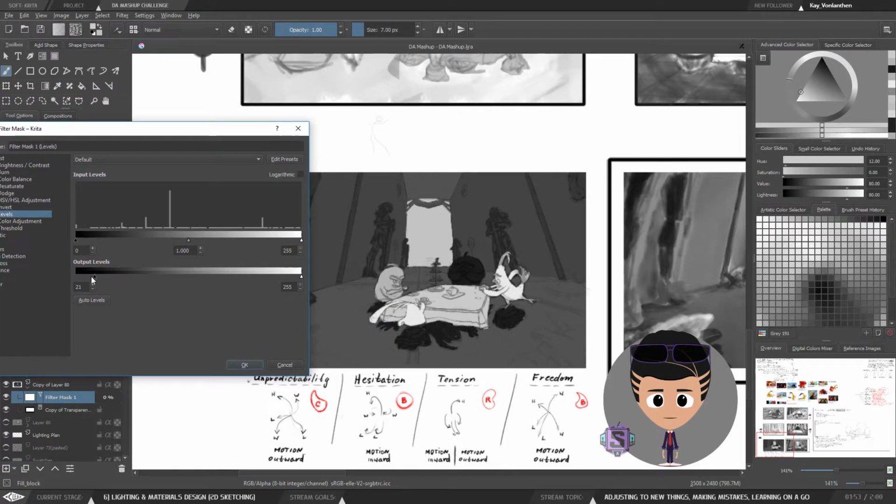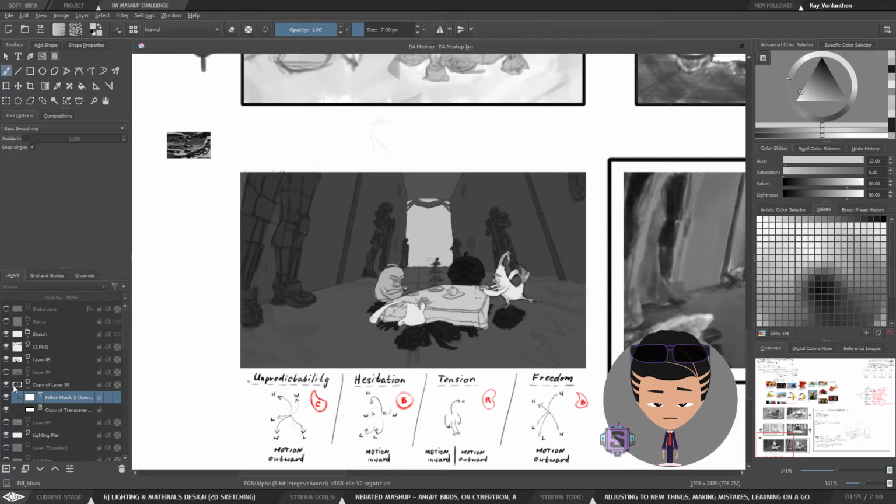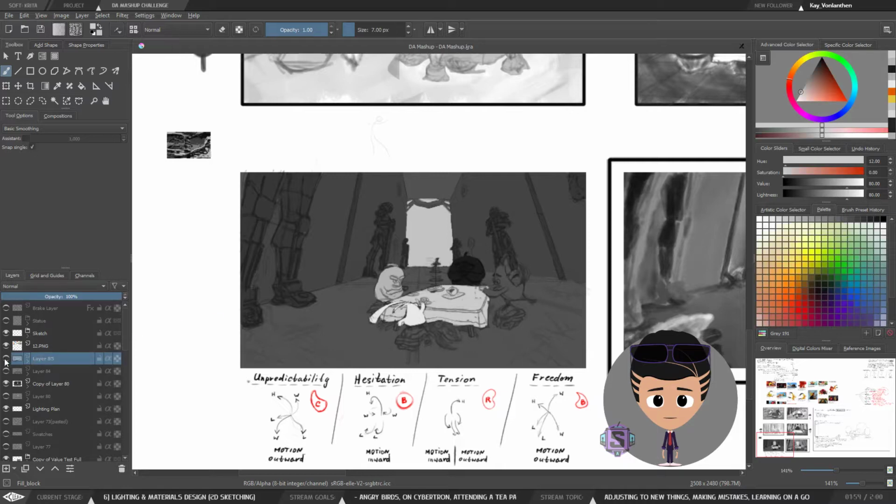So 30 probably would be a good choice. This is probably too dark. Okay, let's go with 30 first. Do the same for these things. If it's going to work, we'll keep it. If not,